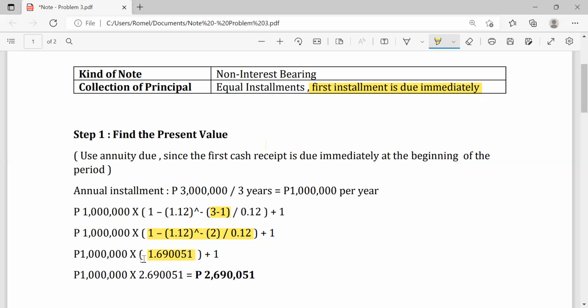Ang gagawin natin, ang 1.690051, i-add natin sa 1. So this is one of the unique characteristics of an annuity due formula, kasi ina-add natin sa 1. So 1.690051 plus 1. So the PV factor that we will use in computing for the present value is ito,